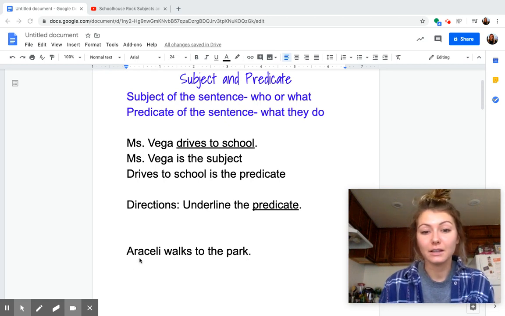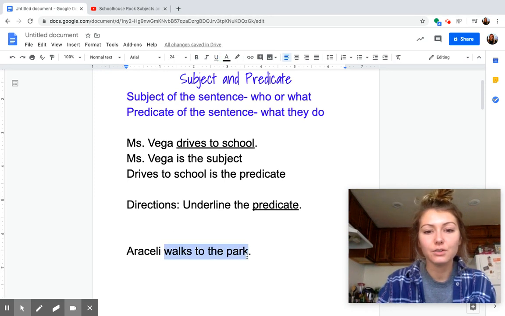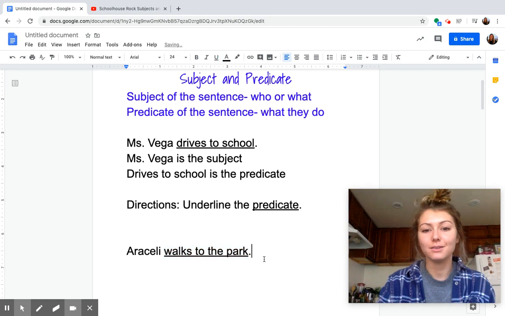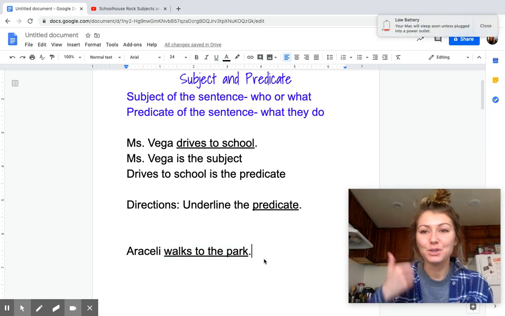If you said Araceli, you're right. Araceli is the person or the thing, the who or the what that we are focusing on. The predicate here is what Araceli does. She walks to the park. So if we were going to underline here, we are underlining walks to the park. When you're ready to move on,